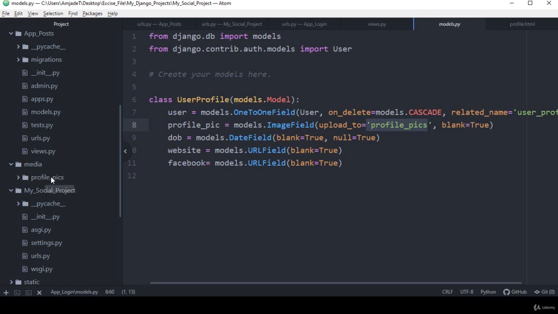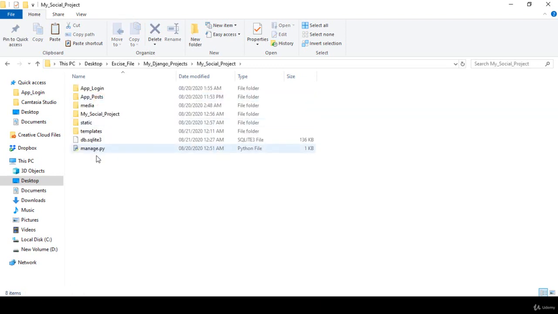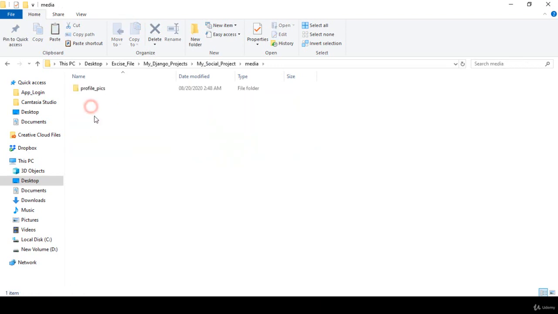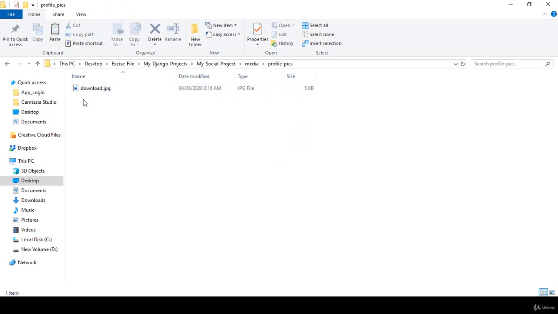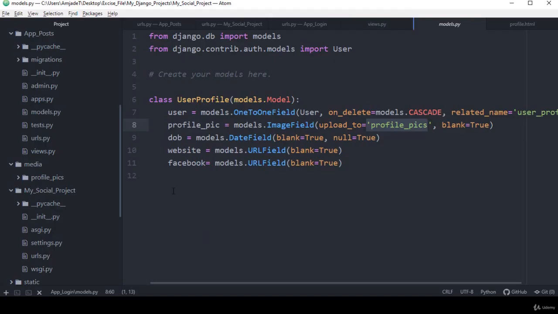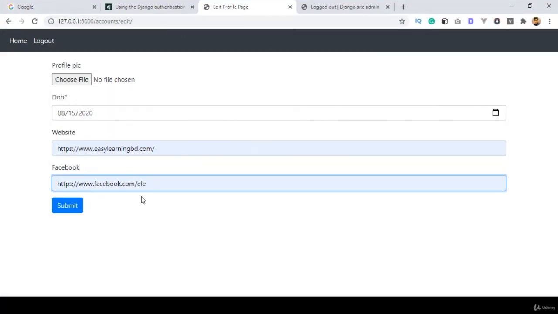So better I add a default image. For doing this, that is our Django project, that is our social media project, and then go to our media, and that is our profile pictures. So here I paste it. So that will be our default image, download.jpg. So now if you go to our project file and open it, you can see it now perfectly displays our download.jpg. So I want to make it visible